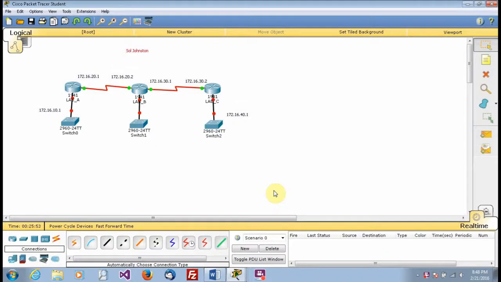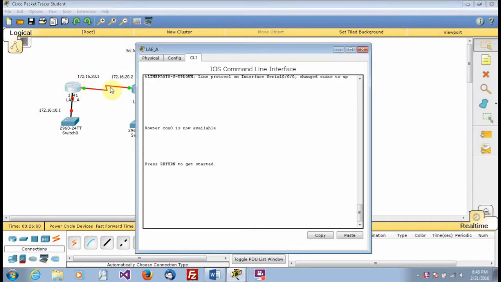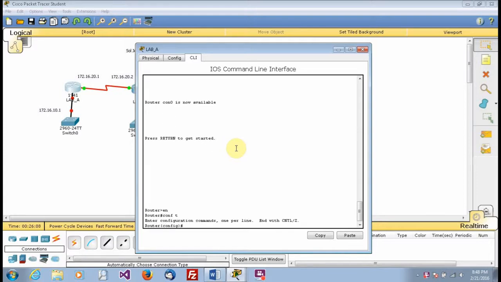This is Johnston on the Hands-On Lab 8.1, creating static routes. So we're going to go to our Lab A router here, and then we're going to enable, configure terminal, and we're going to do IP route 172.16.30.0 255.255.255.0,